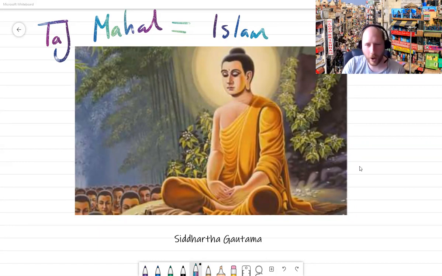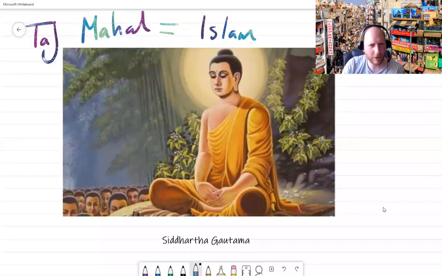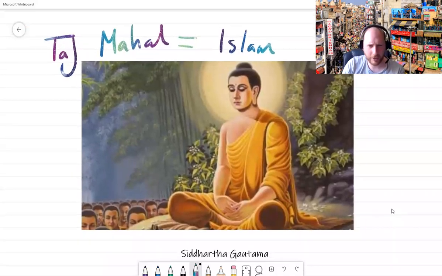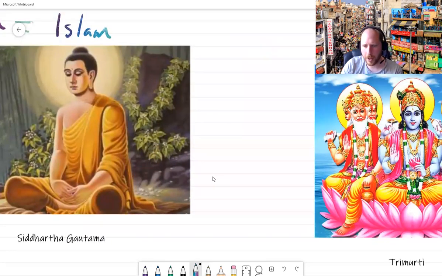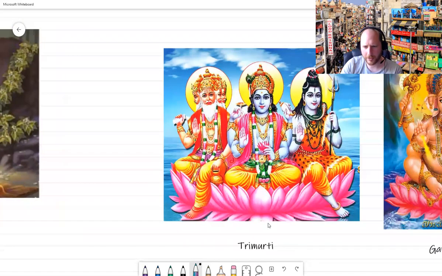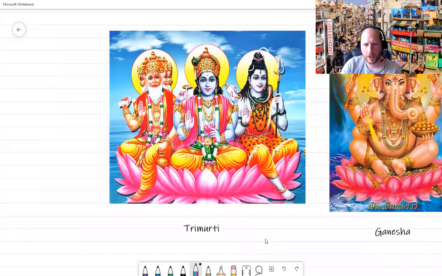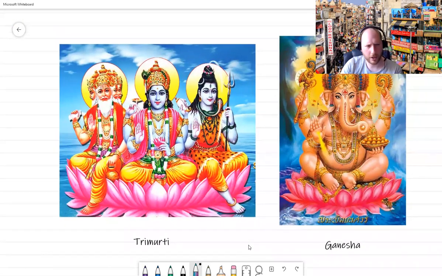So Buddhism, one religion that started in India, but not even the first one. I mean, Siddhartha would have been a Hindu to start with, but then he made his own religion, Buddhism. The first religion to come out of India that we know of. And we looked at a bit of this when we did the story of Rama and Sita, if you were there for that. But Hinduism is the biggest religion in India. Hinduism is a huge religion.